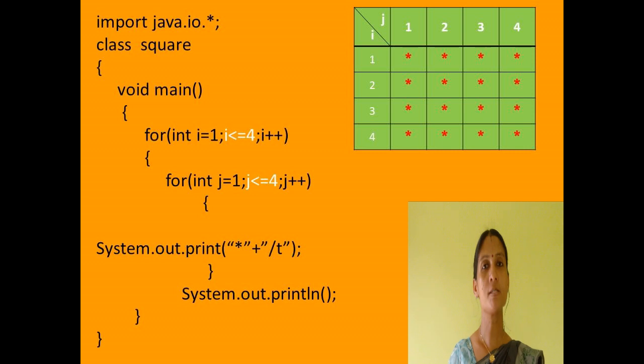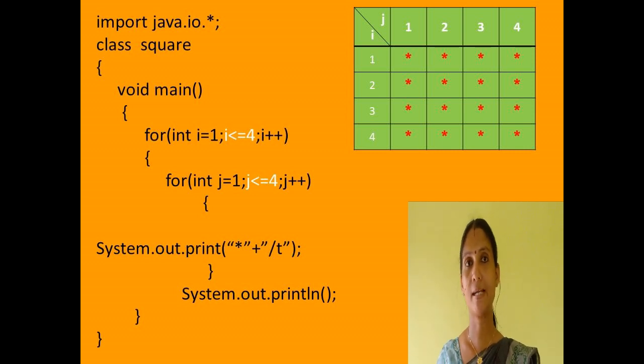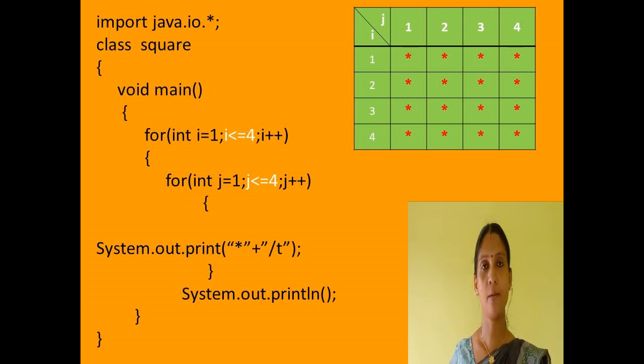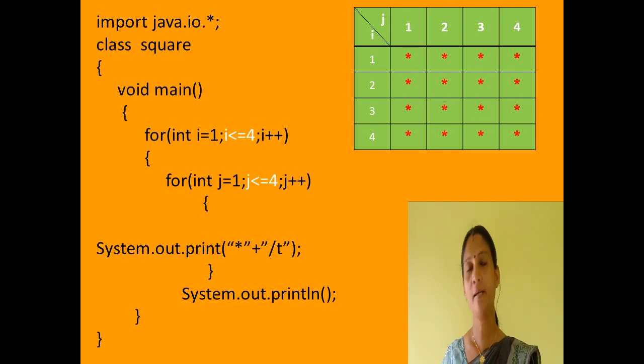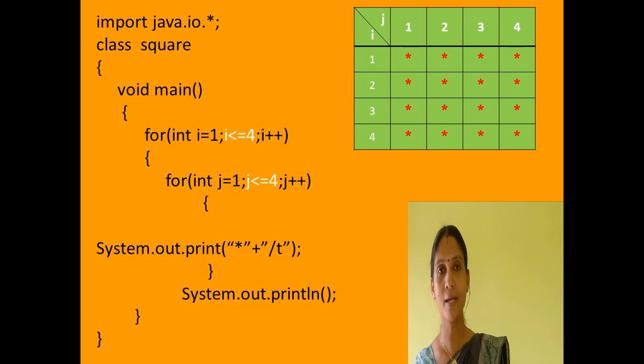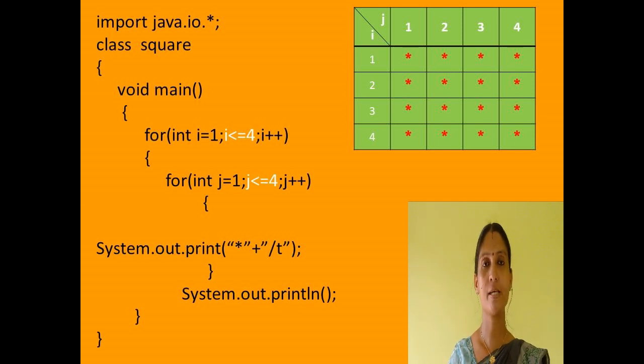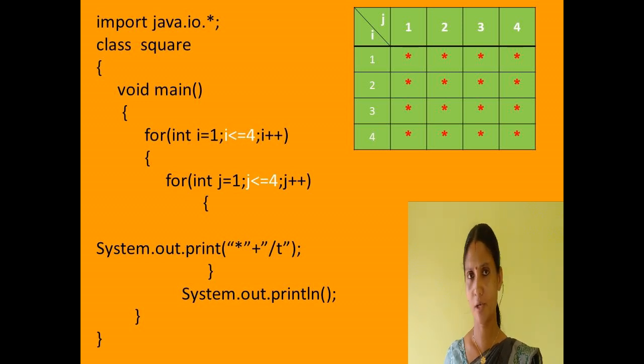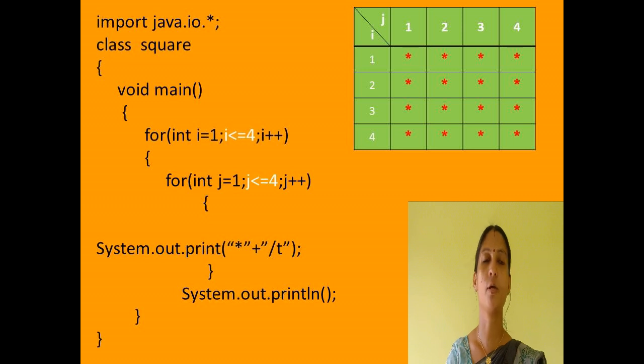See? Then first I will start the first loop to create a row. For i is equal to 1, i less than or equal to 4 or n. If you are giving a different number, you can give n. i plus plus. And the inner loop. In each row, we have 4 columns. For that, I am giving one more loop. For j is equal to 1, j less than or equal to n, j plus plus. If you are giving 4, you can give 4 instead of n. Then open the curly bracket, where you write what you want to print.